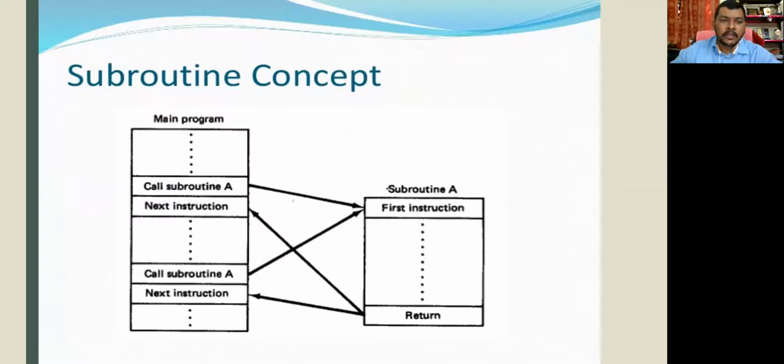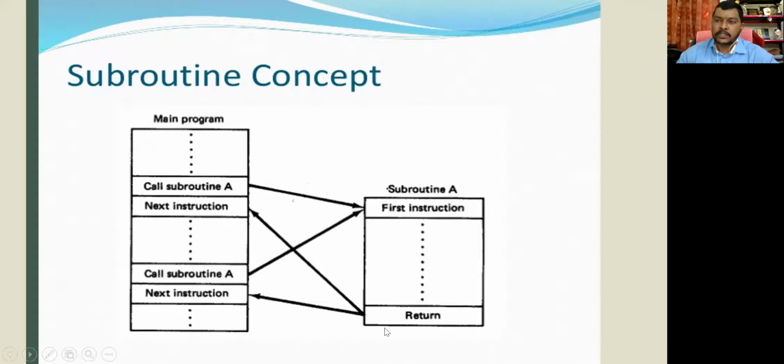तो मैं आपको जो बता रहा था, this is supposed to be the main program, right? And this is the small program which is written other than the main program. So this is written somewhere else, and we need to call this small program in the main program. So I am calling here subroutine A. So now the program counter will directly land on this memory location, and it will start executing this subroutine A.